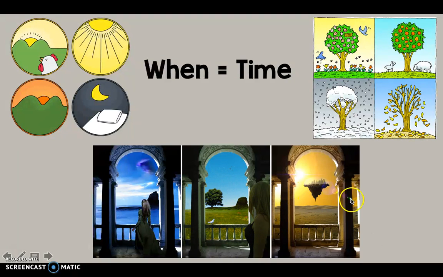And if you look at this picture, in the archway there's no people, but if you see in the distance, there is what looks like a city, a floating city. Now this is not something we have right now. This is in the future. So stories can happen in the past, a long time ago, in the present, right now, or in the future, a time that hasn't happened yet.